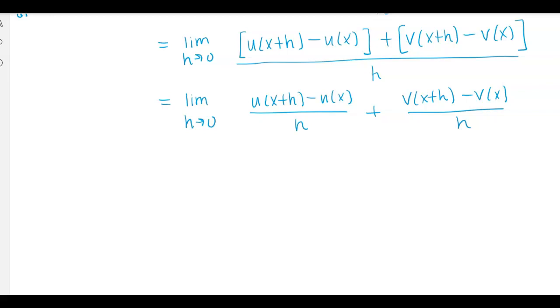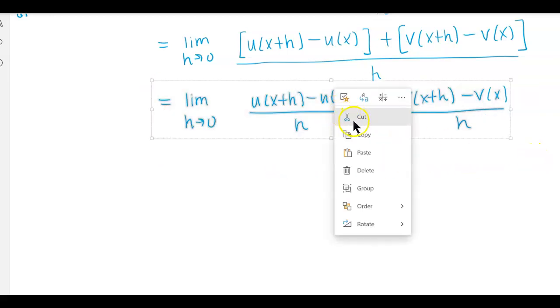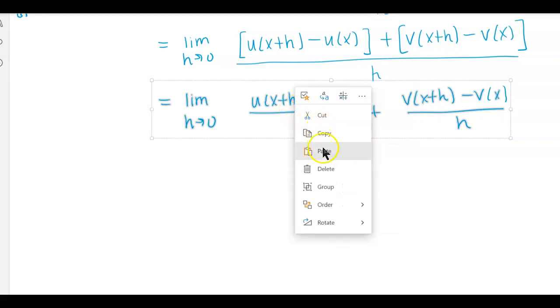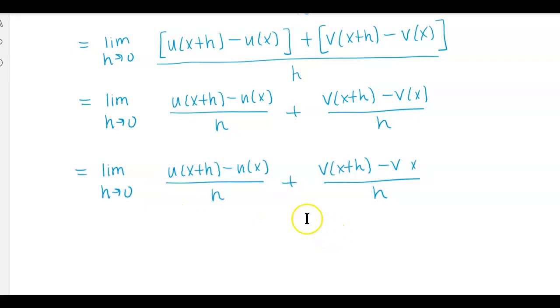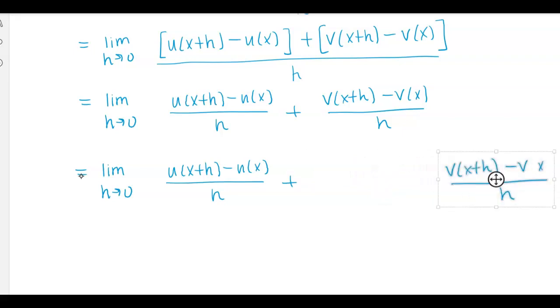I'm going to copy this whole thing and put it down here. And then I'm going to move this over. And then take this